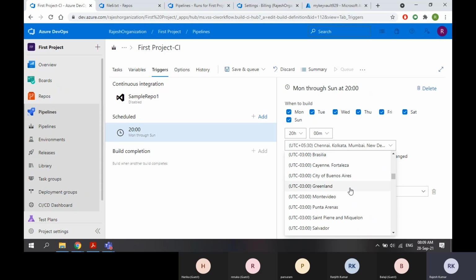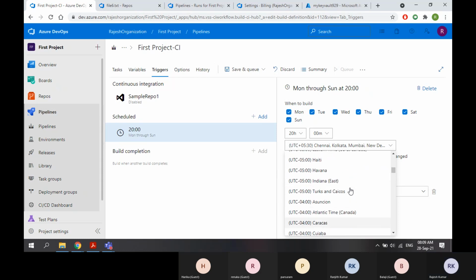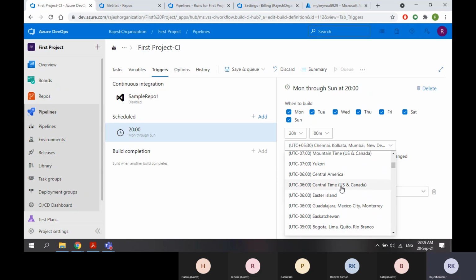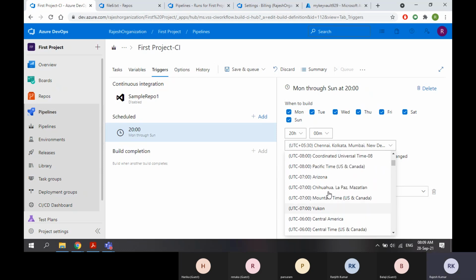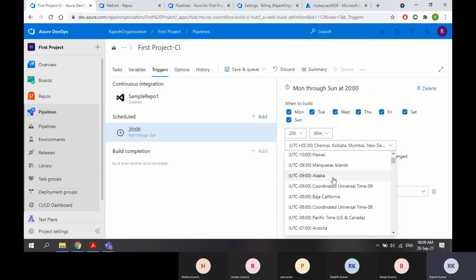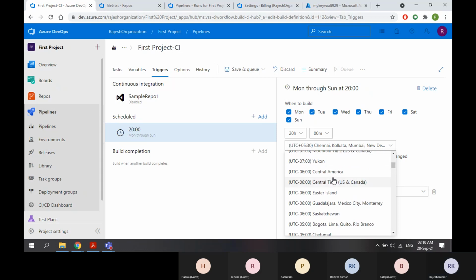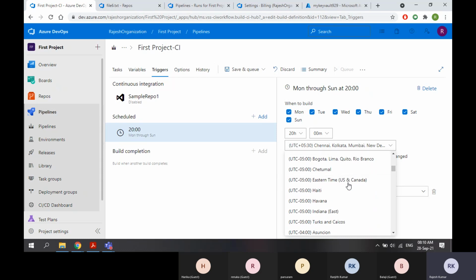Coming to the US, the US has different time zones. It starts from UTC minus 5. UTC minus 5 is Eastern US. UTC minus 6 is Central US. UTC minus 8 is Pacific US. Alaska is UTC minus 10. So the US will have different time zones, based on your state. Is it Central America or Eastern America or Western America? But for now, it is India, UTC plus 5:30.